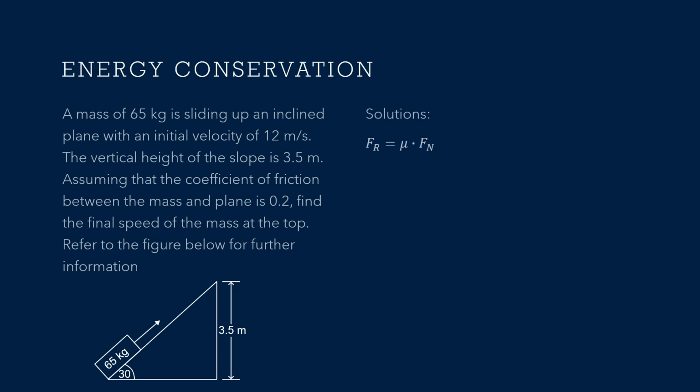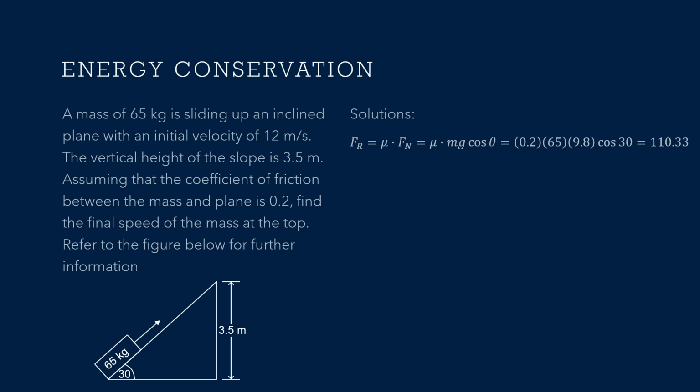First step, I know that frictional force is given by mu multiplied by normal force, and I know that normal force is mg cos theta. Substituting in everything I know, I get 0.2 multiplied by 65 multiplied by 9.8 multiplied by cos 30, and hence the frictional force will be 110.33 newtons. Next, let's find the displacement, because so far I'm only given the height of the slope,